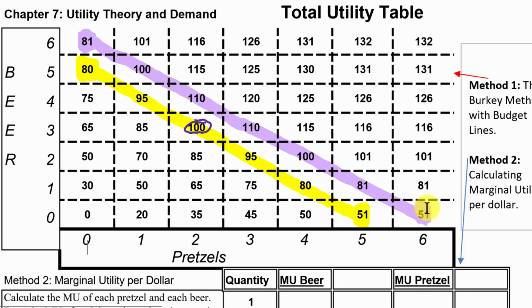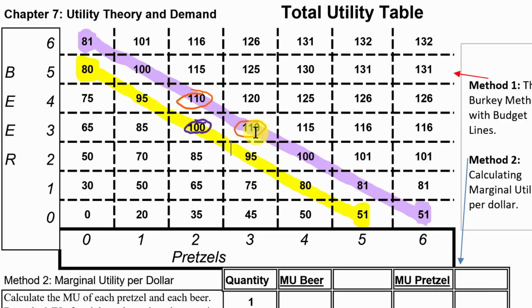Well, we have 2 options here that would give this person 110 happiness, right there and right there. So it could be either 3 pretzels and 3 beers or 2 pretzels and 4 beers. So it looks like for this particular individual, they could either spend that extra $2 on another pretzel or another beer, and it would give them 10 more happiness, 10 marginal utility, right? And this person is kind of indifferent as to which of those 2 they do.